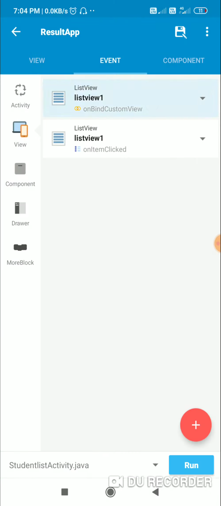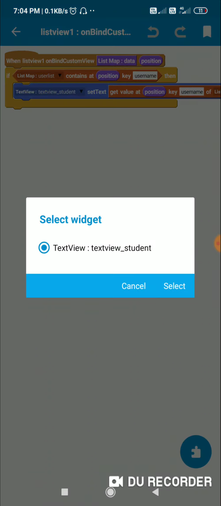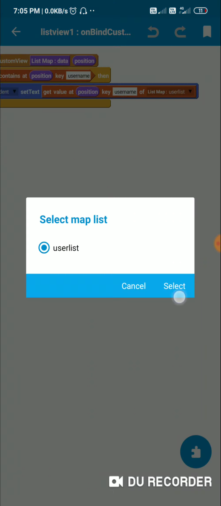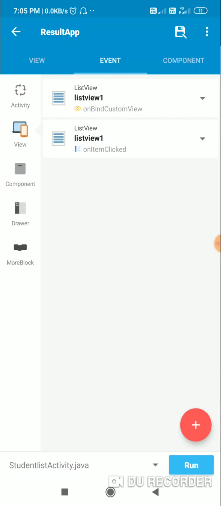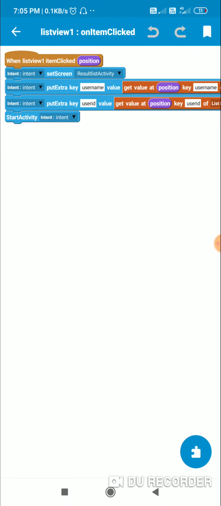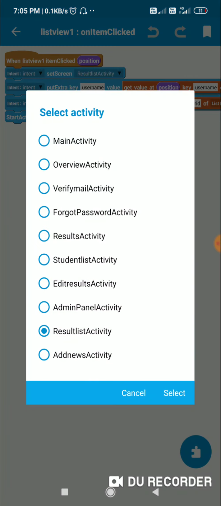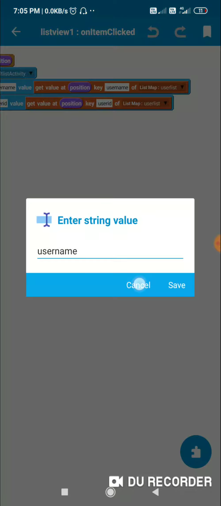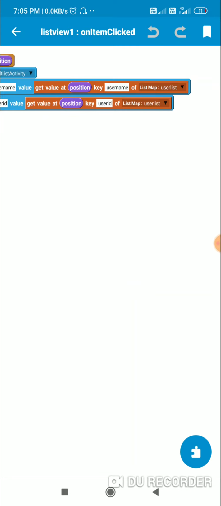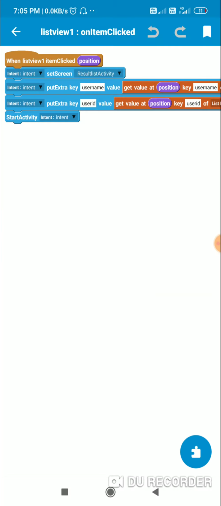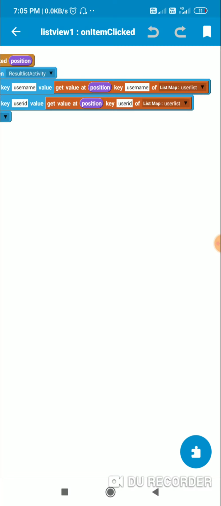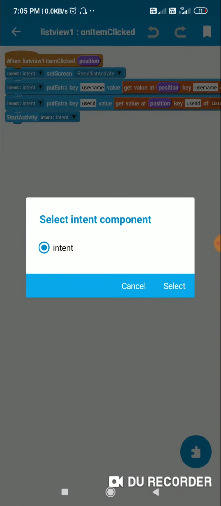For displaying it I have onBind custom view, where in text view student I display get value at position key username of list map user list, and then I have this list view 1 on item click event, where I set screen result list activity and put extra key username value get value at position key username of user list, and I put key user id value get value at position key user id of list map user list, and then I start activity intent.